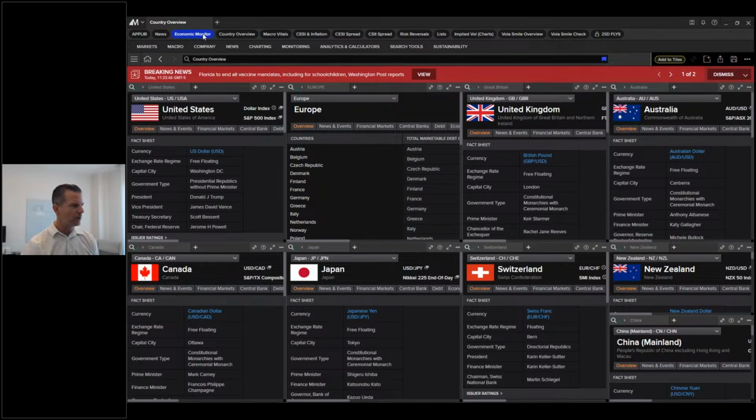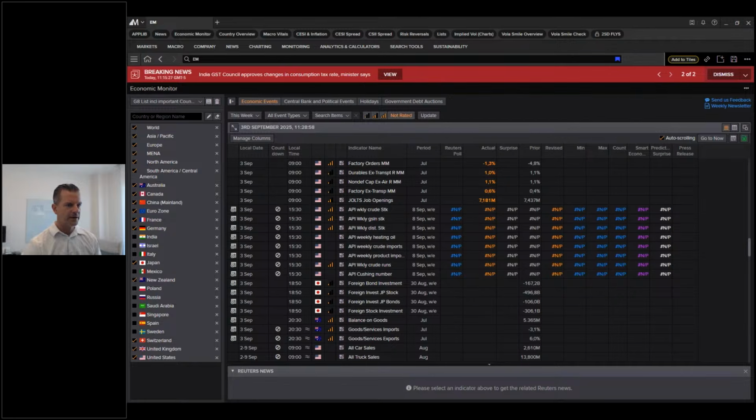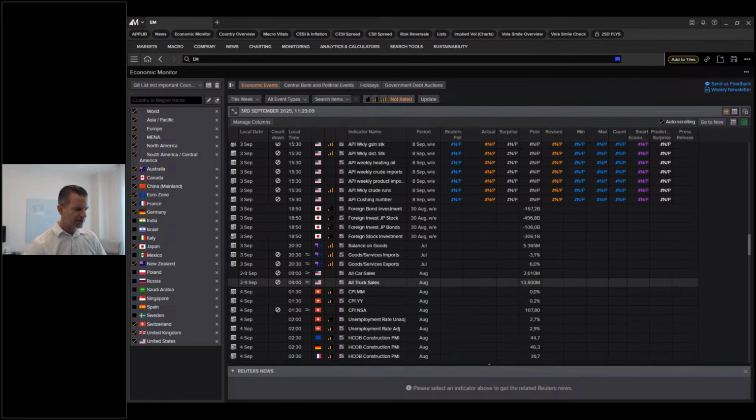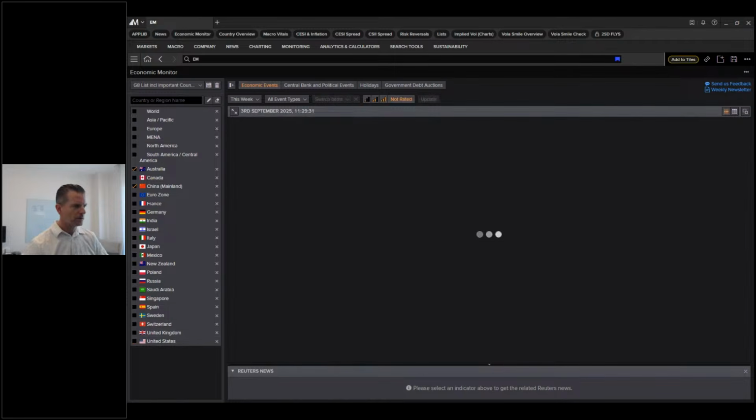So we're going into the Economic Monitor in Workspaces. Live. What's this? Florida to end all vaccine mandates, including for school children. Interesting. Okay. And the next one, India Council approves changes in consumption. Okay, good. So we can dismiss and we can close. So, for example, goods, services in Australia. If we don't want the world, you click here. Like this, we were talking about China and Australia, and we're taking the rest out as an example, okay? So you update,